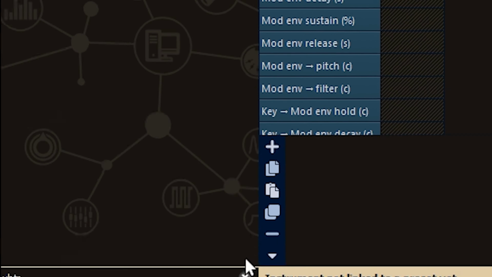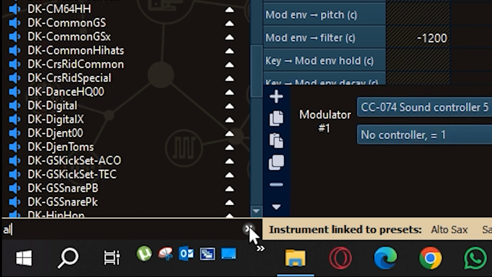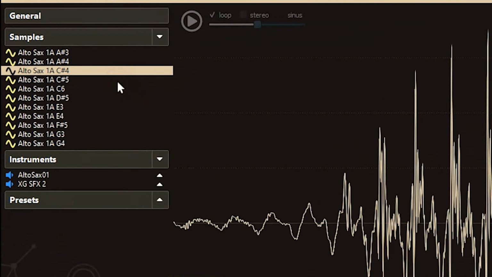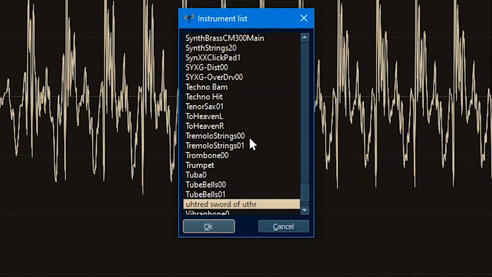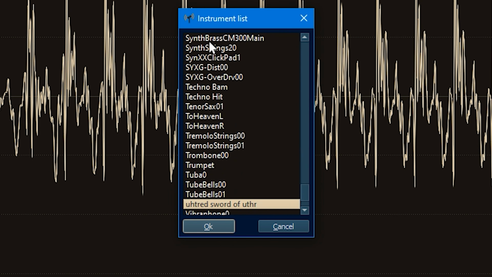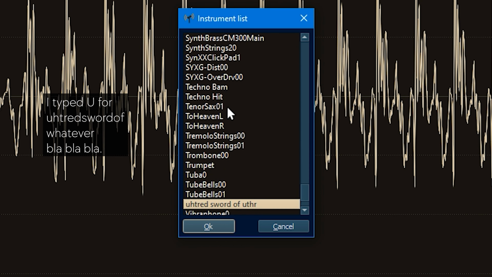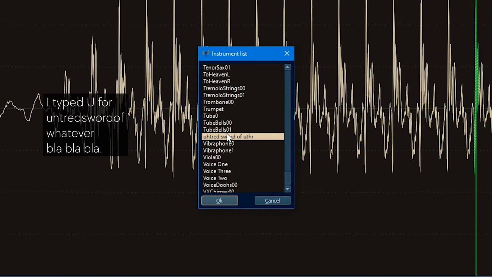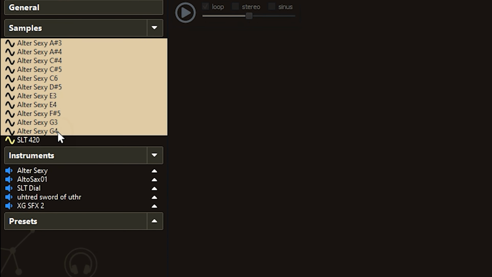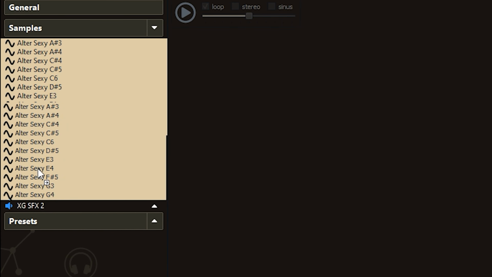To link a sample, search for what you want from the samples list, right click it, select bind to, and select the desired instrument from the instrument list. Even though this little window is inconvenient as it doesn't have a search box, you can try quickly typing in the first letters of your instrument to pop right up. So good luck on that. Or if you have named both the instrument and the samples in roughly the same name, then you are free to simply search using that search box below, select, drag, and drop the samples.